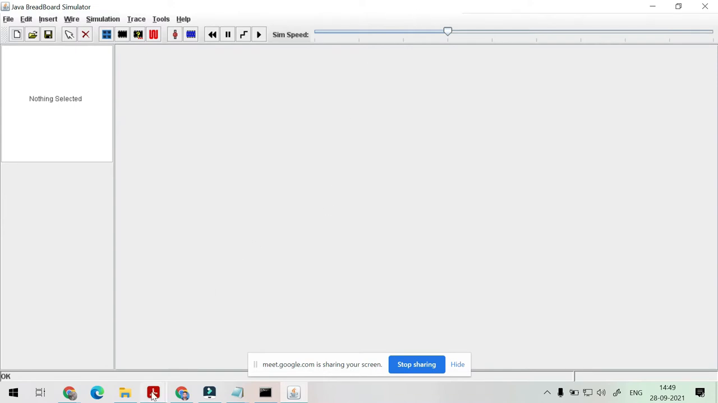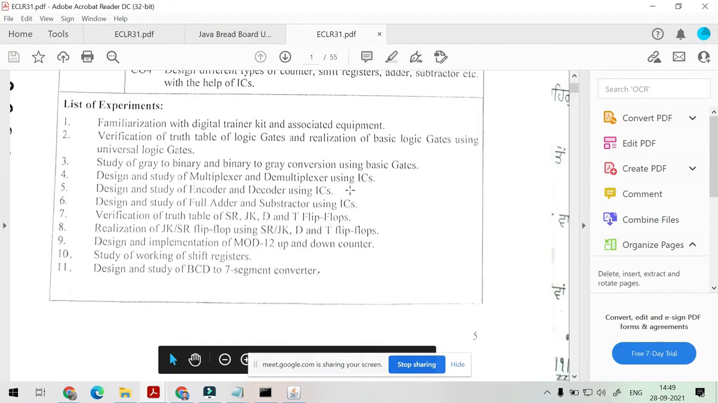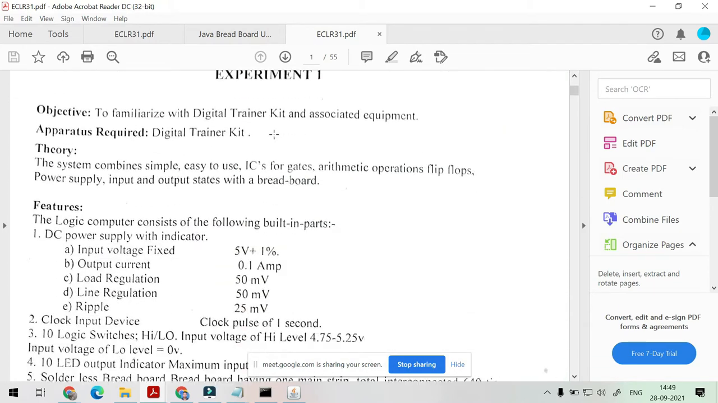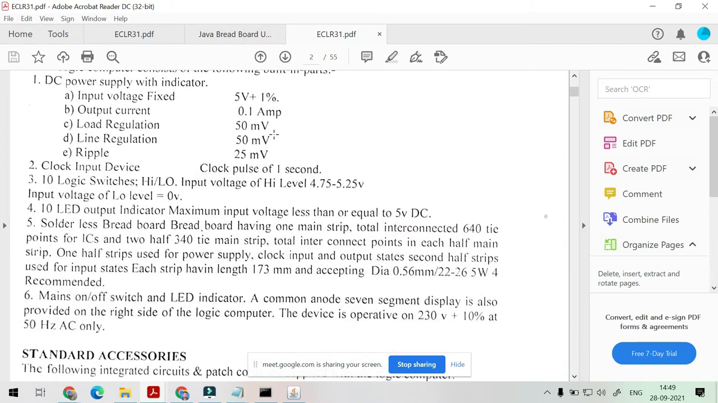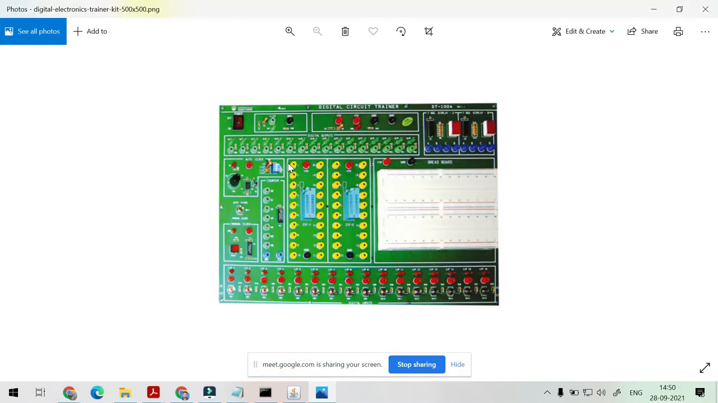So I think you all have the manuals, no? This is the list of the experiments we have to perform. You all have the manual, no? This manual. Okay. So in the first experiment, we have to become familiar with the digital training kit and associated equipment. For this, you can just read this manual, and I will show you a screenshot of how it looks. See, this is our